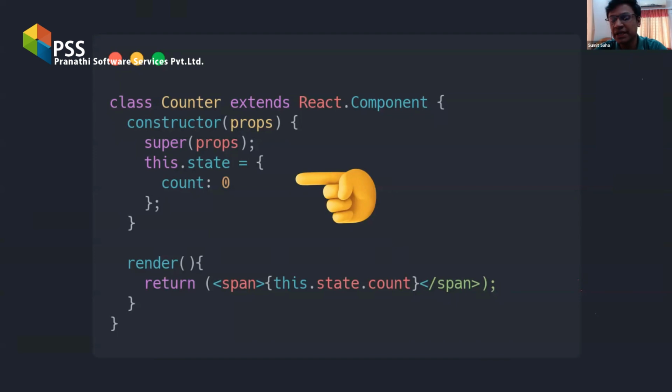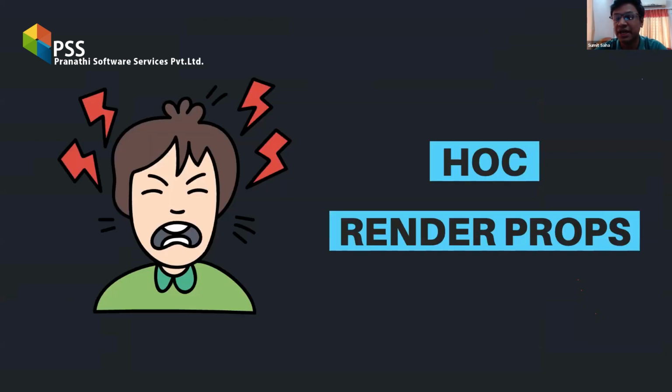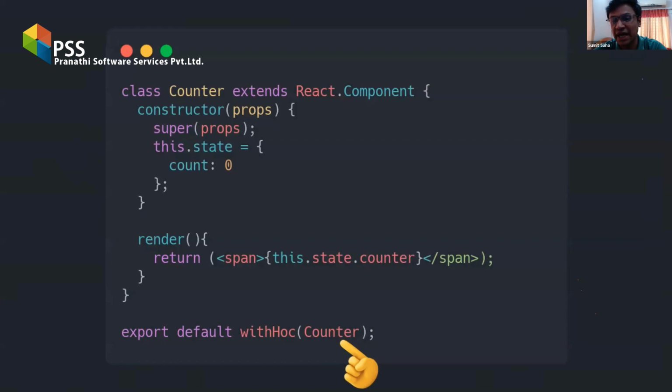That seems reasonable, but in reality, it was a complex tree of nested components at the end, like this. So it looks like hell, right? And this is where I have to admit that many people dislike React because of this type of pattern. Sharing any logic required some frustrating patterns like higher order components, render props, etc. They are patterns which require you to pass components as arguments to another component, which seems more complex to